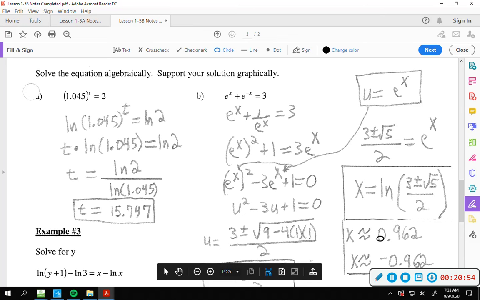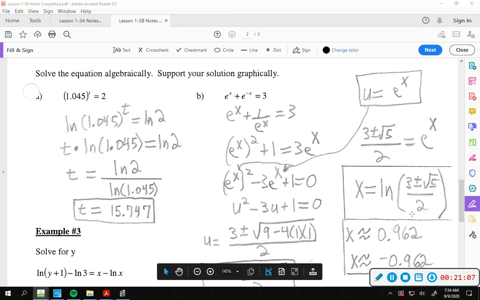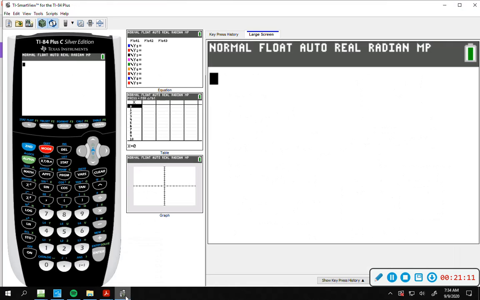I'm going to quickly show you on the calculator here how to do this, and then I want to show you we can check this answer graphically as well. So let's go to the calculator here and take a look at this. First of all, let's just type in these answers right here. 3 plus the square root of 5 over 2, the natural log of that. When we type this in, I'm going to go natural log. It already gives me a parentheses, but I'm going to go parentheses